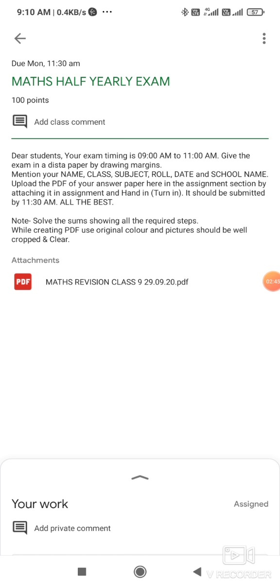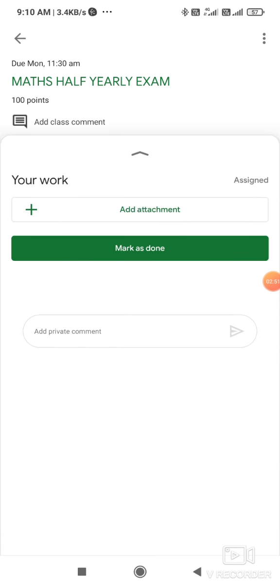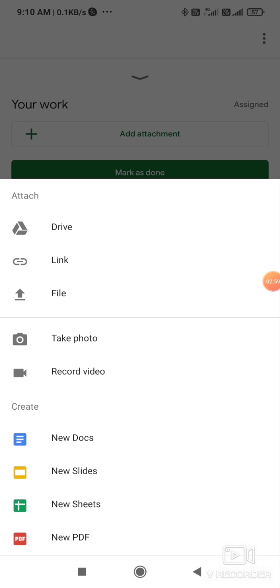These are the instructions given, and now how to attach the file here. See, there is an arrow mark below. Yes, this is the one arrow mark. You have to just tap there. Now see, add attachment is mentioned. Add attachment. Now so many options are there: drive, link, file, take photo, record video. So go for the file.